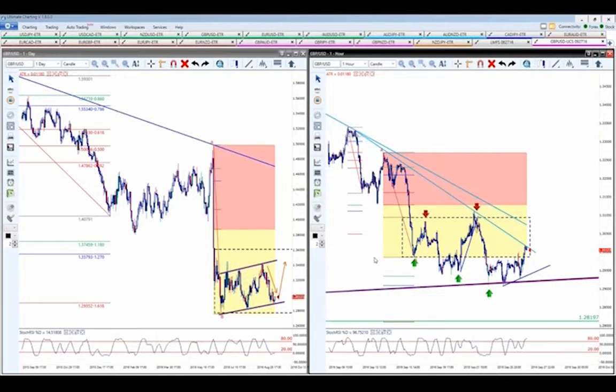The neat thing about this market is that you're going to start off by answering 3 questions. Number 1, you need to determine which direction the market's going. Number 2, you need to figure out where to get into the market, and you also need to figure out where you're going to get out. So let's start off with the daily chart. You're going to start off with a large chart, either a monthly, a weekly, or in this case, a daily chart. Let's pull this up.